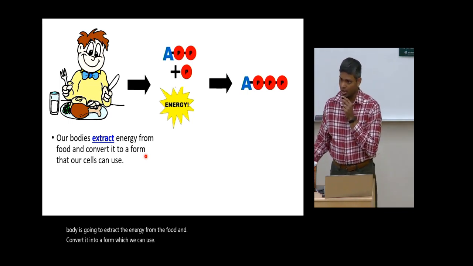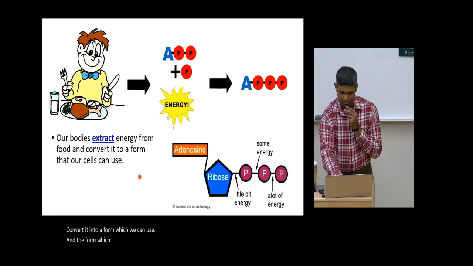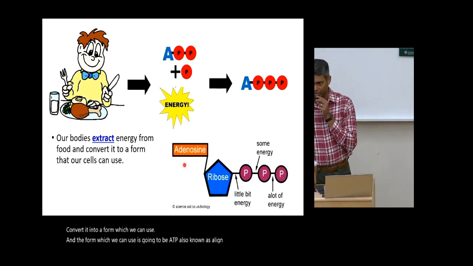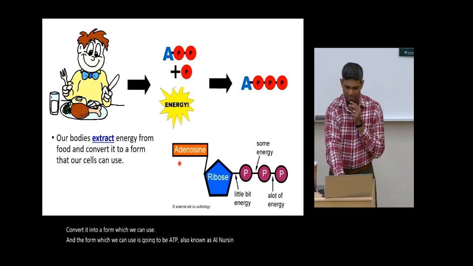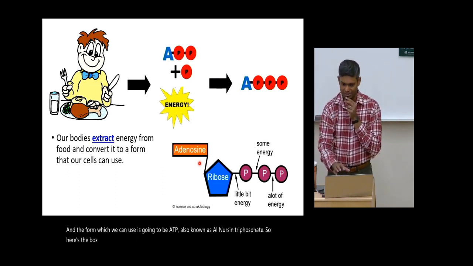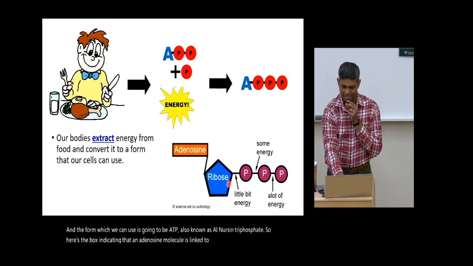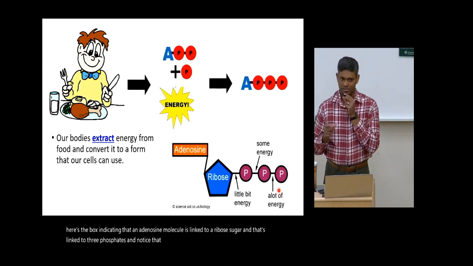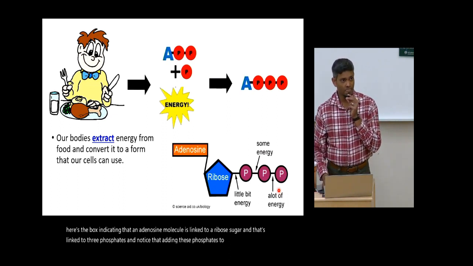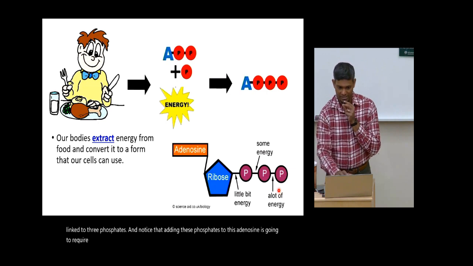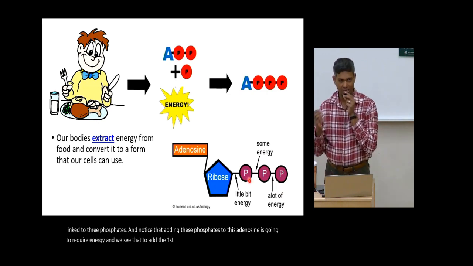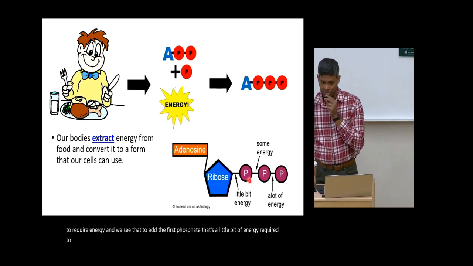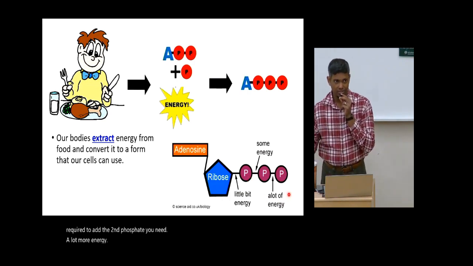And the form which we can use is going to be ATP, also known as adenosine triphosphate. So here's a box indicating that an adenosine molecule is linked to a ribose sugar, and that's linked to 3 phosphates. And notice that adding these phosphates to this adenosine is going to require energy, right? And we see that to add the first phosphate, there's a little bit of energy required. To add the second phosphate, you need a lot more energy, but adding this third phosphate is going to need